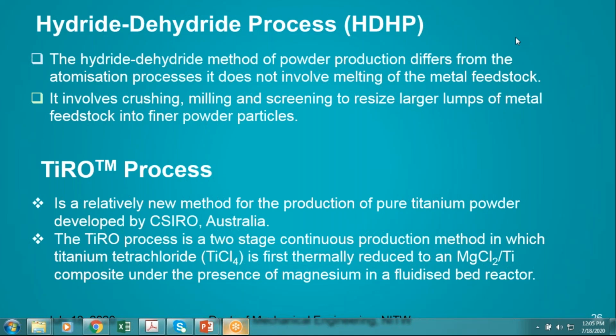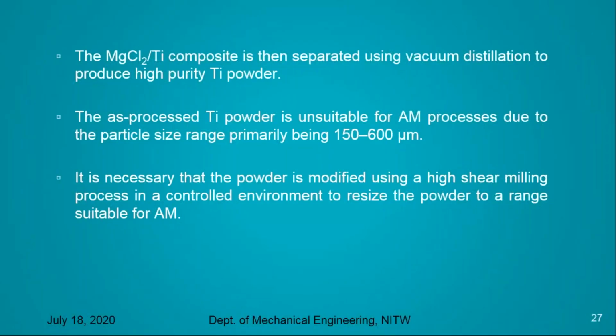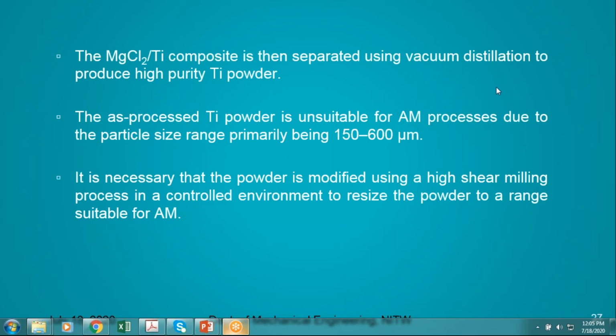This process is a relatively new method for powder production, especially for pure titanium powder, developed by CSIRO Australia. This TIRO process happens in two stages of continuous production of powder particles. In the first stage, titanium tetrachloride is thermally reduced to a magnesium chloride and titanium composite in the presence of magnesium in a fluidized bed reactor. We make a composite of magnesium chloride and titanium in the fluidized bed reactor. Then the magnesium chloride and titanium composite is separated using a vacuum distillation method to produce high purity